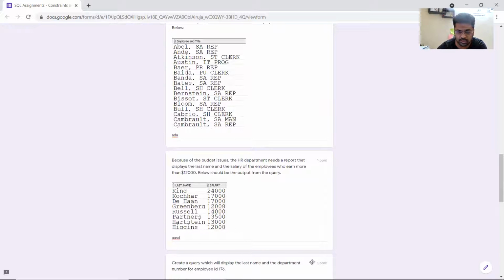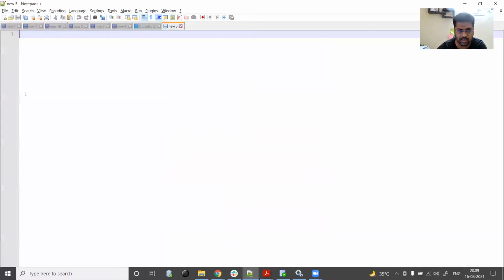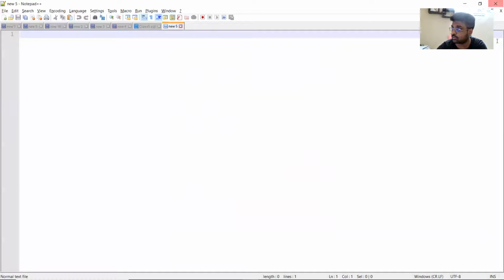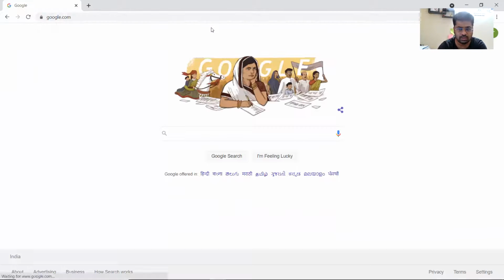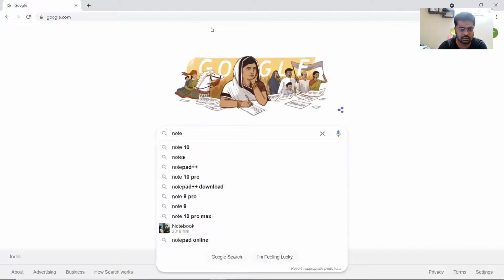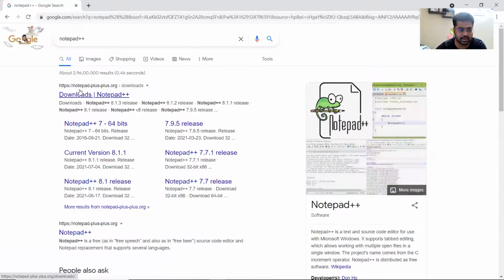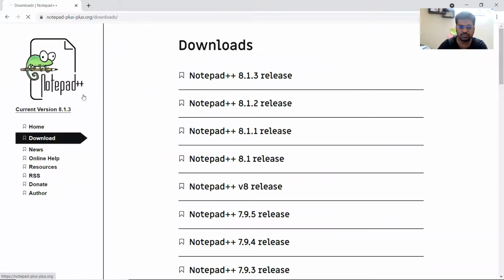So what I want is you create a file. First of all, I am using Notepad++. I told you guys also to install Notepad++ on your machine. You can go to Google, look for Notepad++ and download it. It's a free software. You can download the latest release. You will use this a lot in your company as well. This is one of the nice editors, I feel, and I used it a lot.